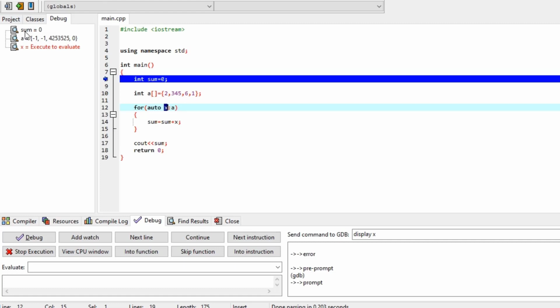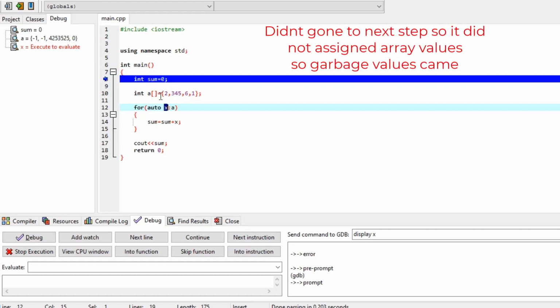Initially the sum value is 0, and the array a is assigned 2, 3, 45, 6 and 1, but here these values did not come because I did not do the next step. I have kept the breakpoint on only the first line, and I just clicked on debug.